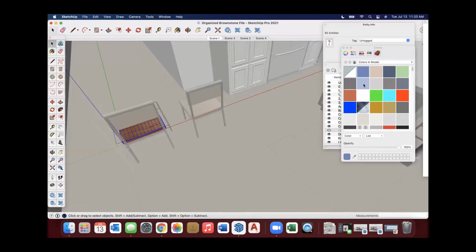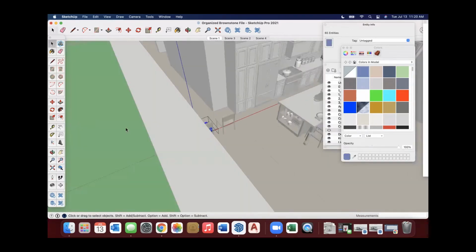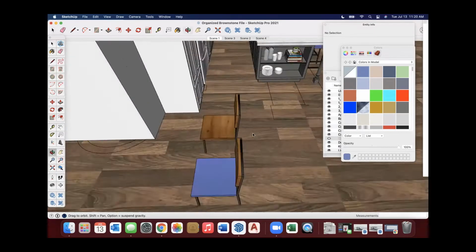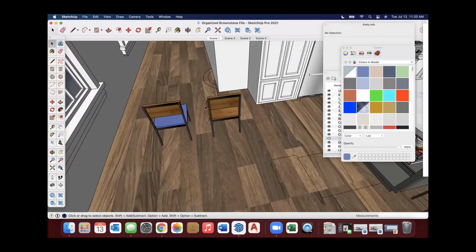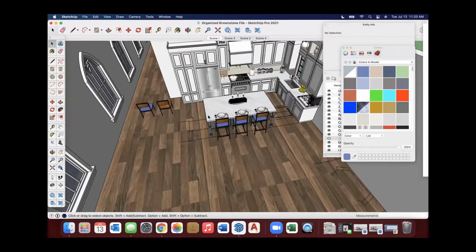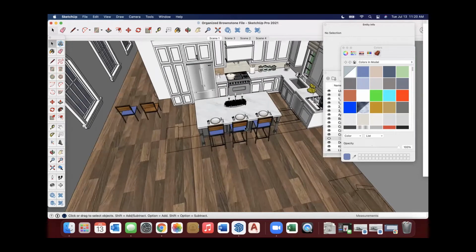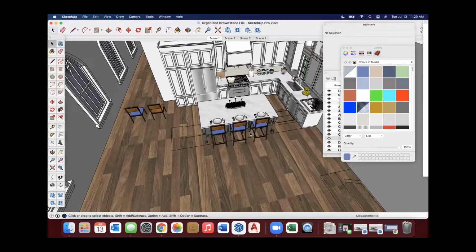This one's a group. So if I go into edit mode and apply a new color to it, it's not going to impact this chair, even though they look exactly the same, because they were made a group instead of a component. So this is a perfect example of why it's sometimes better to make components. And the difference in knowing when and why is walls, floors, ceilings, things that you're not going to have necessarily multiple instances of. Those all work really well as a group. It's furniture, accessories, things like that, that work better as a component.